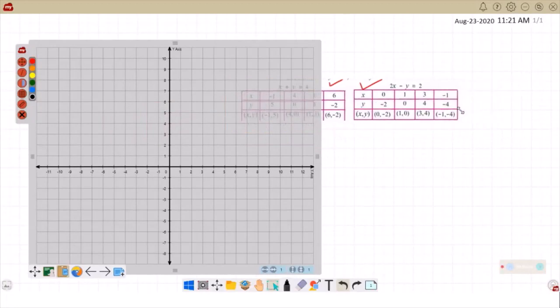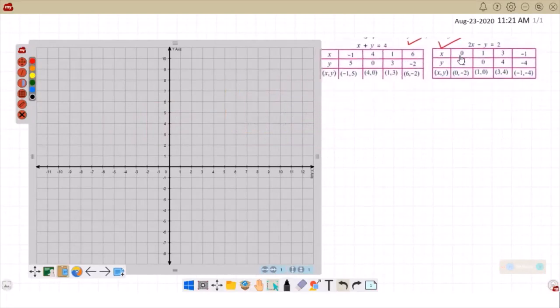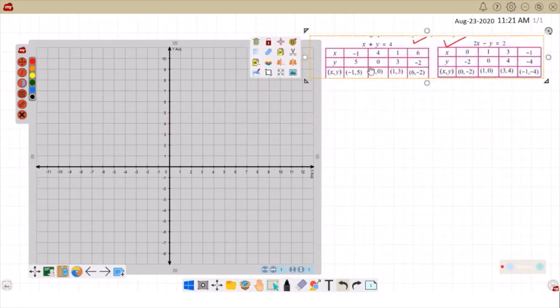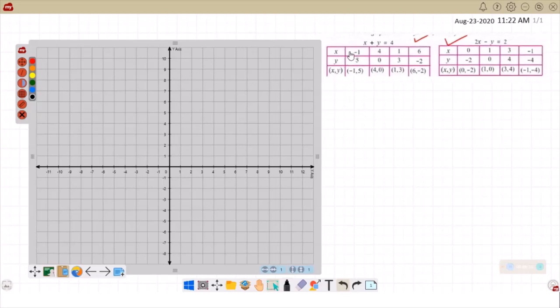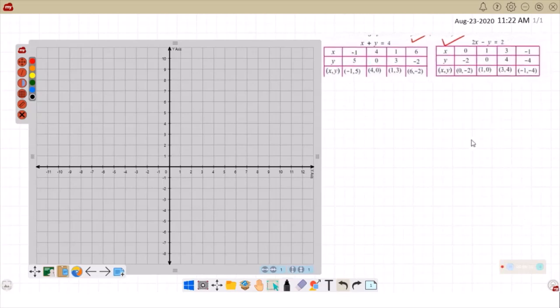This is the simultaneous equation which we have already done, as I told you: x plus y is equal to 4, 2x minus y is equal to 2. Now for the next one I will go a little fast because you should also do fast. X and y points I should mark here. For marking the points I need the pen. I will mark it with a pen here, and here is a pen, okay, and here it is a marker, okay.